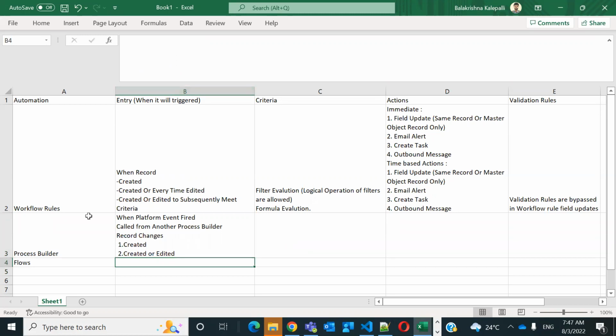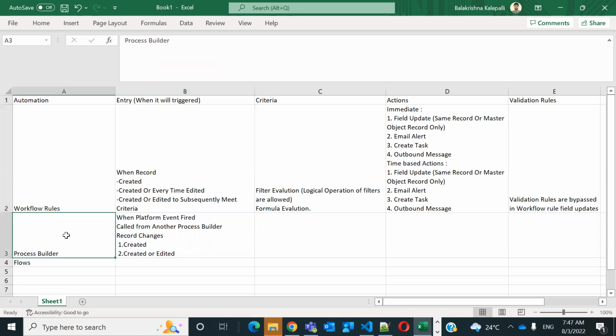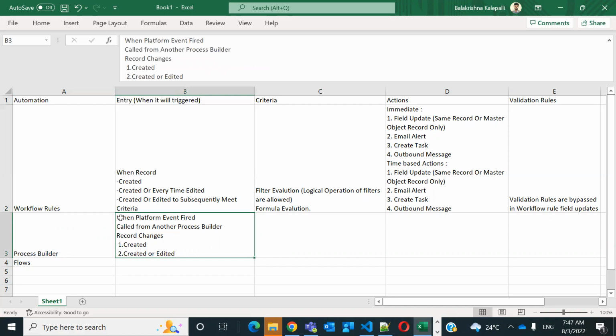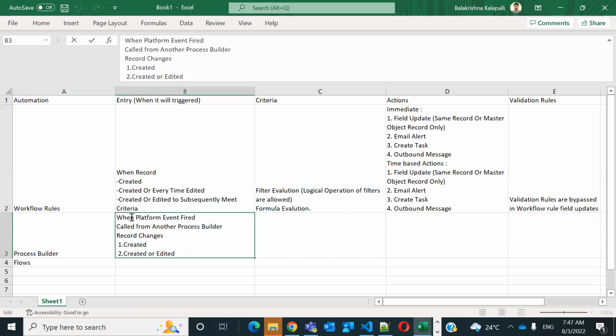So workflow rules can only trigger on record changes, either created or edited. But in Process Builder, we have other ways of firing it: whenever platform events are fired, whenever another process builder calls it, or whenever